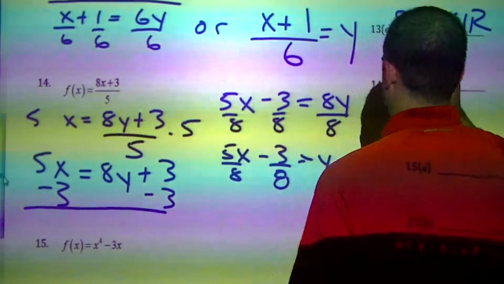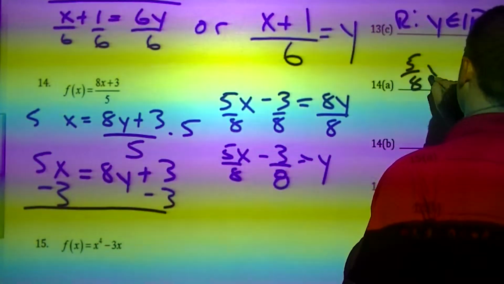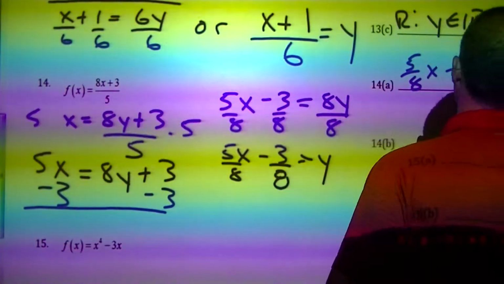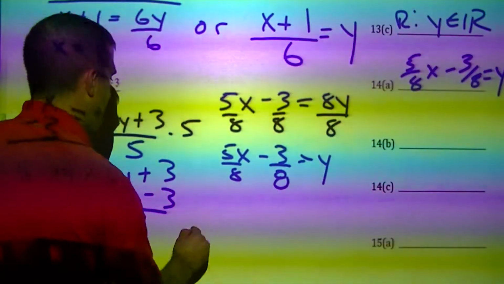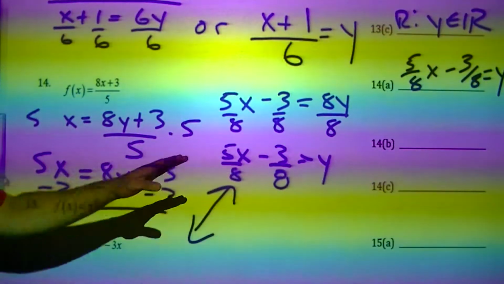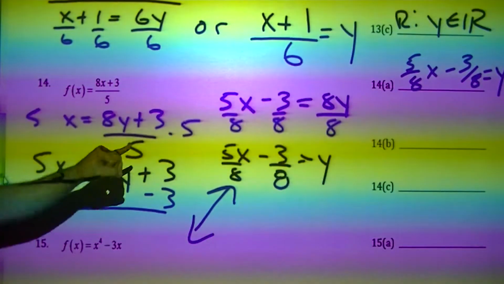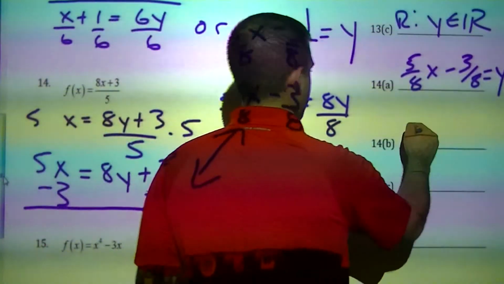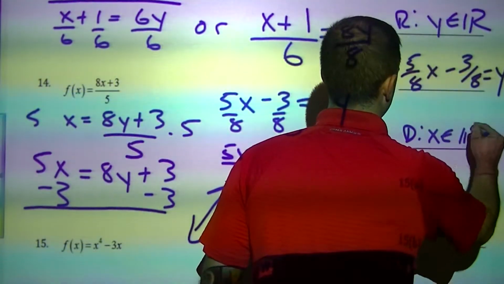Okay, so that's 5/8 x minus 3/8 equals y. Now, what shape is that? Once again, another line. So you're just looking for the generic shapes here, okay? And what this is going to be is just like the last one. All real numbers,